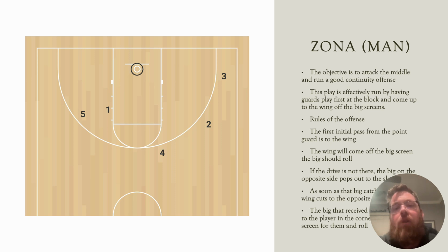If the 1 did not have anything here, he could have easily passed to the 4, and then we just run the same thing over and over, okay? The 2 would then cut. It's important to notice the timing. The 4, when the 4 receives the ball,